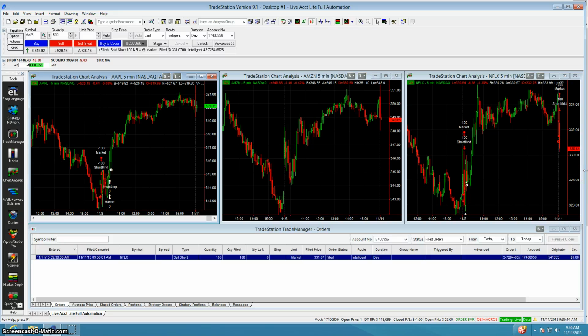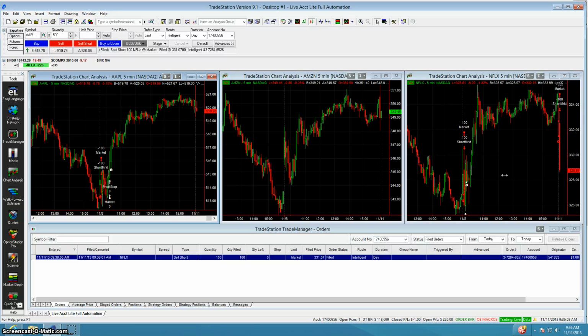We entered that position at 331.07, and so we'll have a stop price somewhere around 332.07. Usually what happens with the strategy is on positions that we're trading, if we're going to get stopped out, we usually get stopped out pretty quickly because we run some tight stops on each one of these symbols, and then the winning trades usually take a little bit longer to develop. It may take as much as a couple of hours, or maybe even the entire trading day. We've got some safeguards in place